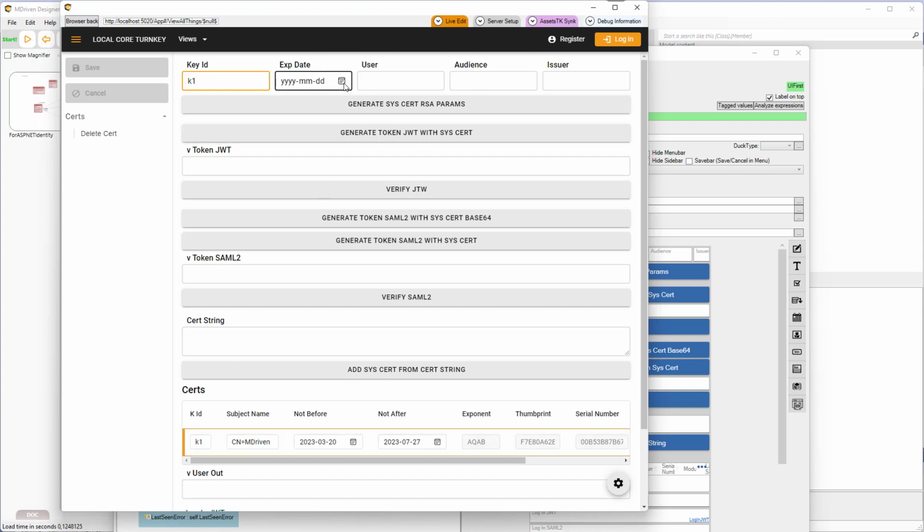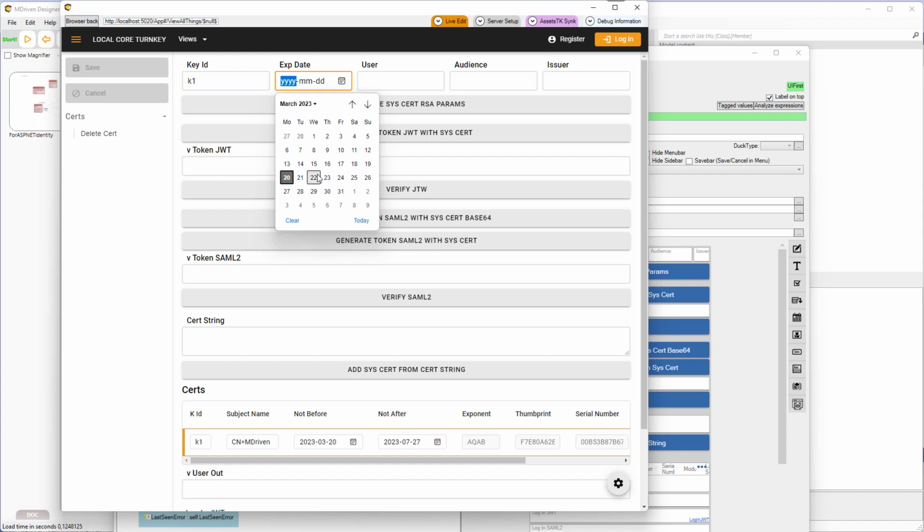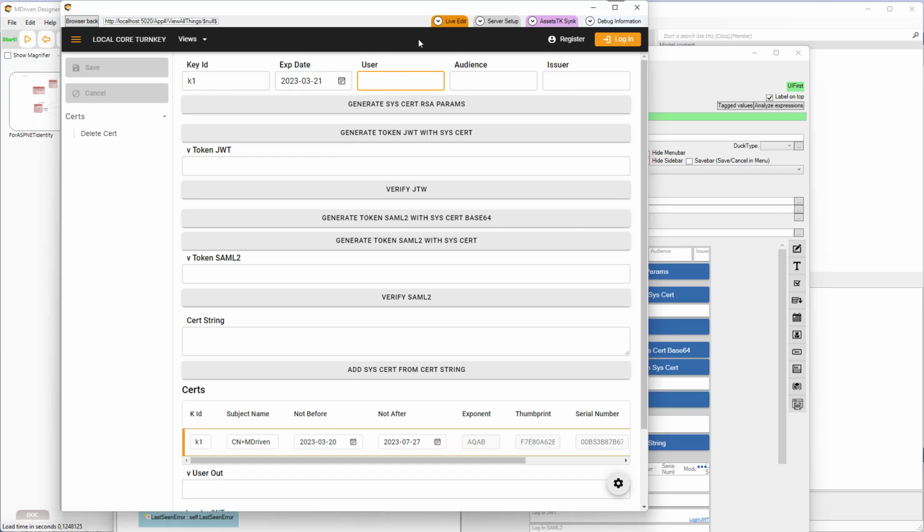So when is your token, your JWT expiring? So that's up to you to choose. You could set a very long time or very short time. It's a date time, but in this UI we only allow dates. So I'm going to set it to tomorrow, and here I can encode what user this token should assert that it has. So I'm going to put my name,